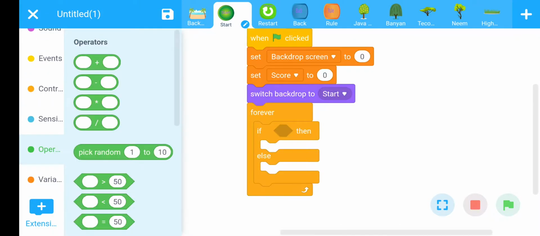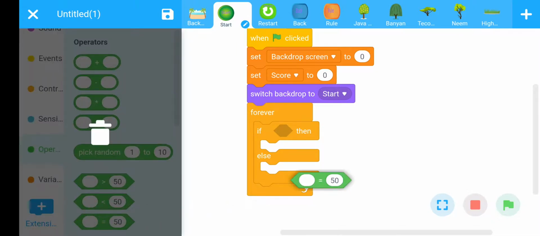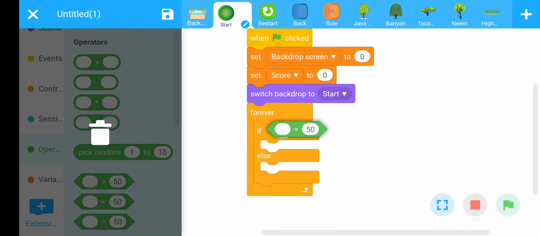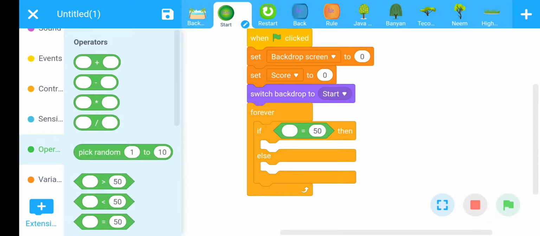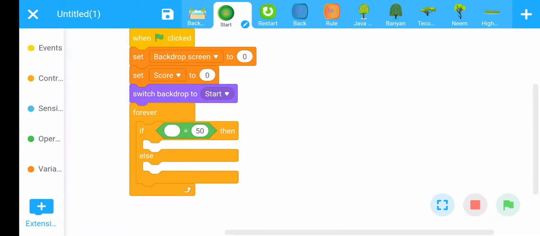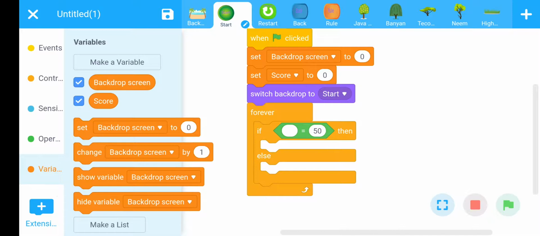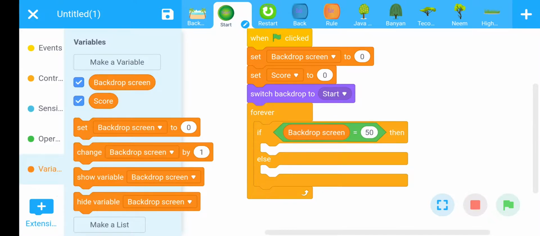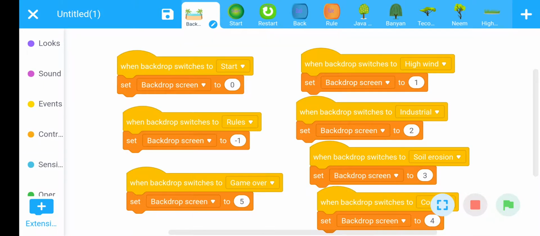then go to Operators, choose the equal operator command, then go to Variables. This is Variables, choose the backdrop screen variable. Its value should be, look here, for start the backdrop value is 0.